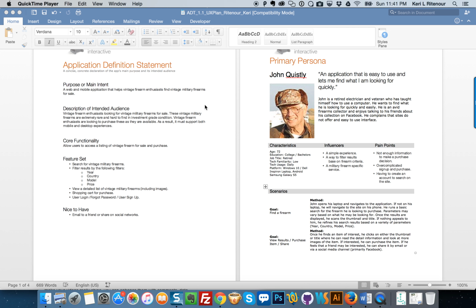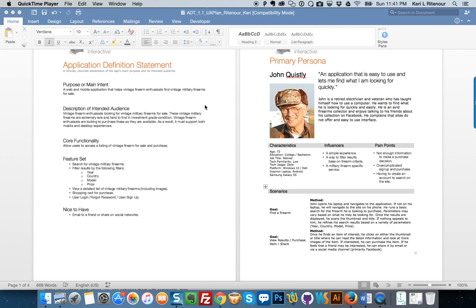The purpose or main intent is to build a mobile and web application that helps vintage firearm enthusiasts find vintage military firearms for sale. They'll be looking for extremely rare or hard to find investment grade condition firearms.